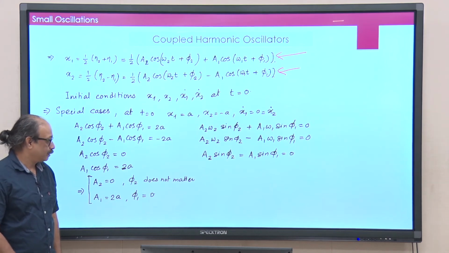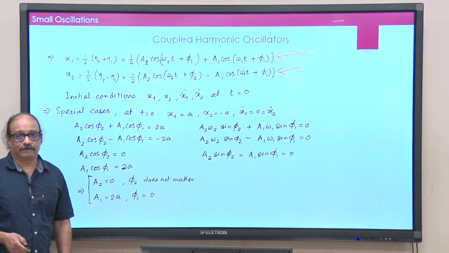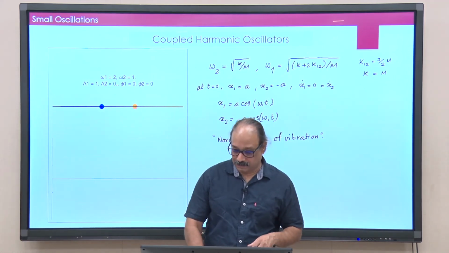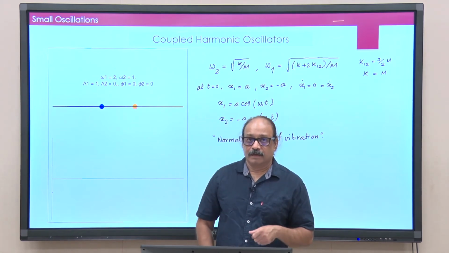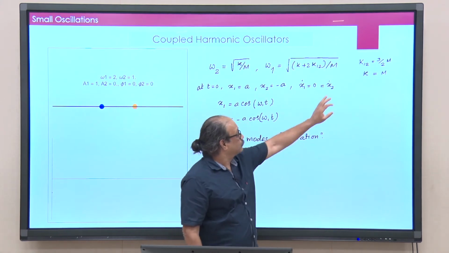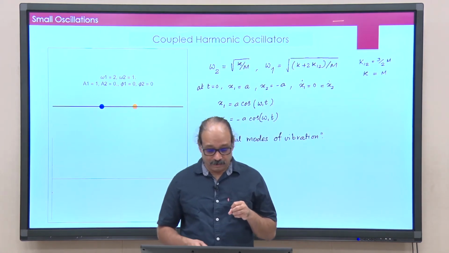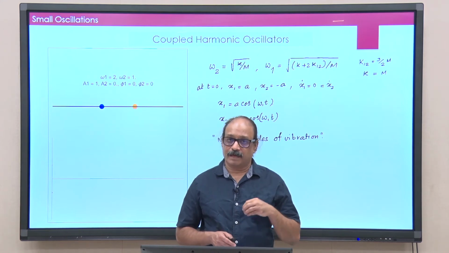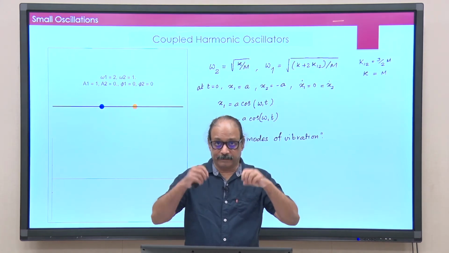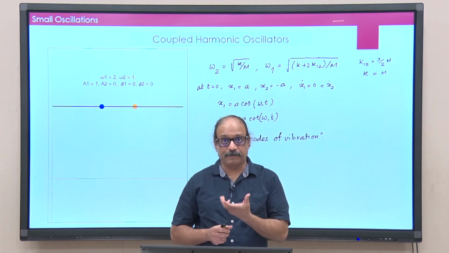Right. Look at what happens to this solution. So, we have completely determined the entire problem there in terms of the initial conditions too. Now, look at what we are doing here. Let me take a very special case where I do a numerical computation. I will set k12 is equal to 3 by 2 m and k is equal to m. So, your omega 1 comes to 2 and omega 2 comes to 1. Here the middle spring is stronger than the two side springs. So, the coupling is strong coupling.